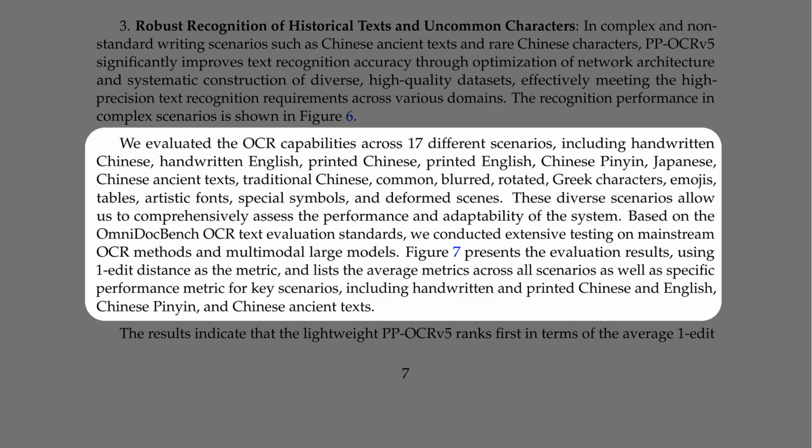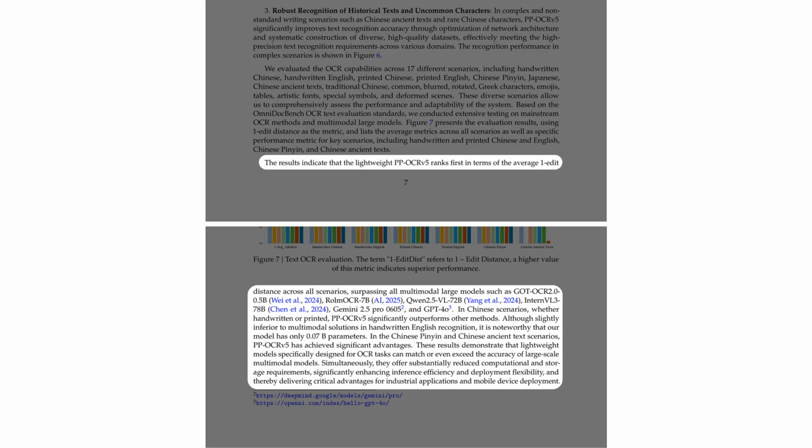The figure presents the evaluation results using one edit distance as the metric, and lists the average metrics across all scenarios, as well as specific performance metrics for key scenarios, including handwritten and printed Chinese and English, Chinese Pinyin, and Chinese ancient texts. The results indicate that the lightweight PaddleOCR v5 ranks first in terms of the average one edit distance